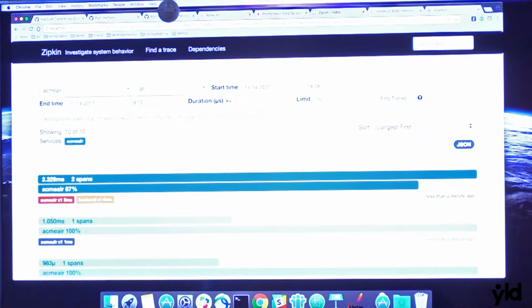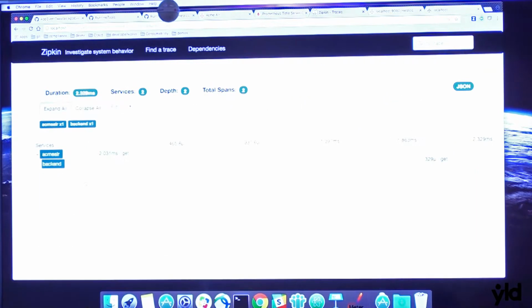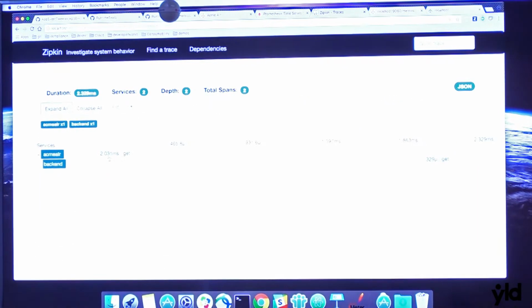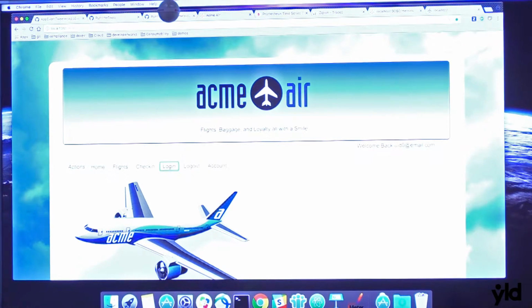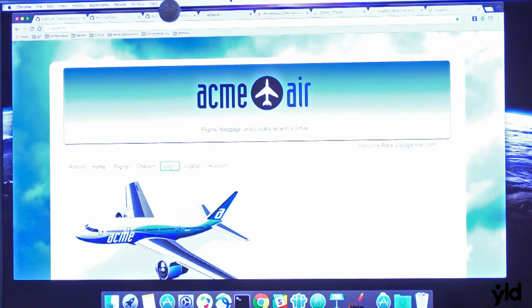We see we've got an Acme Air and a back end. So if I click on that, basically what we see here is that my Acme Air got a GET request. Now that GET was me coming in at this page and clicking on login. So I asked Acme Air to do the login. And then as a result of doing the login,